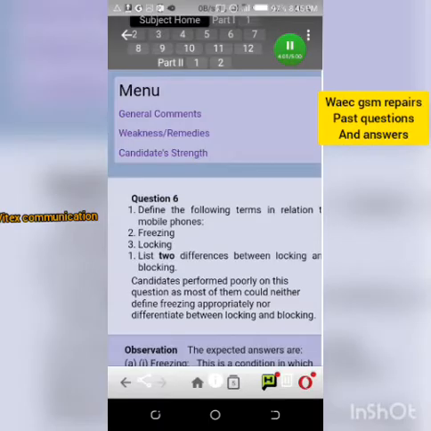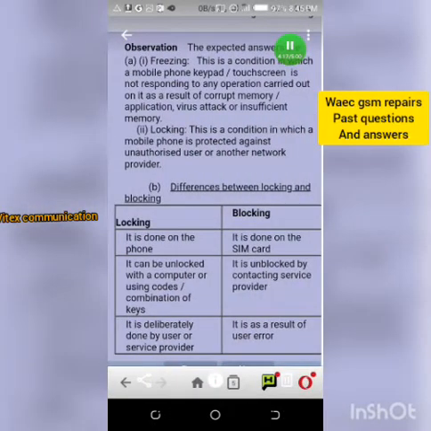The next question is, define the following term in relation to mobile phone. We have freezing, we have locking. Then the big question there is, list two difference between locking and blocking. So let's go to the answer. First,